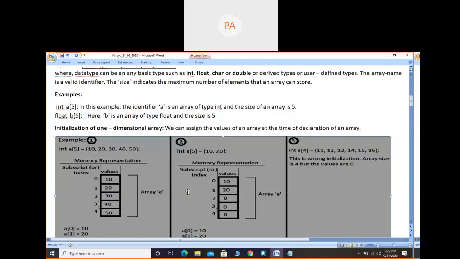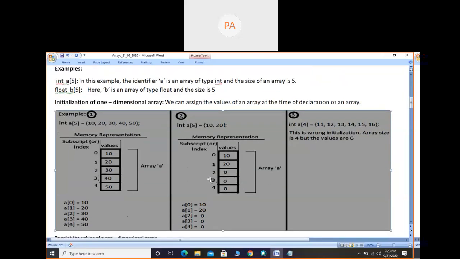One more thing: in the case of variables which store single values, there also we have the initialization part, as well as we can store the values by using a scanf statement, that is, the user will input the values on the console. In arrays also we have that option, like the user giving the values at the time of execution, on the console. That is the next topic we will see, to input the values of an array and to output the values of an array. So this part is initialization. Now we can take the screenshot of this.